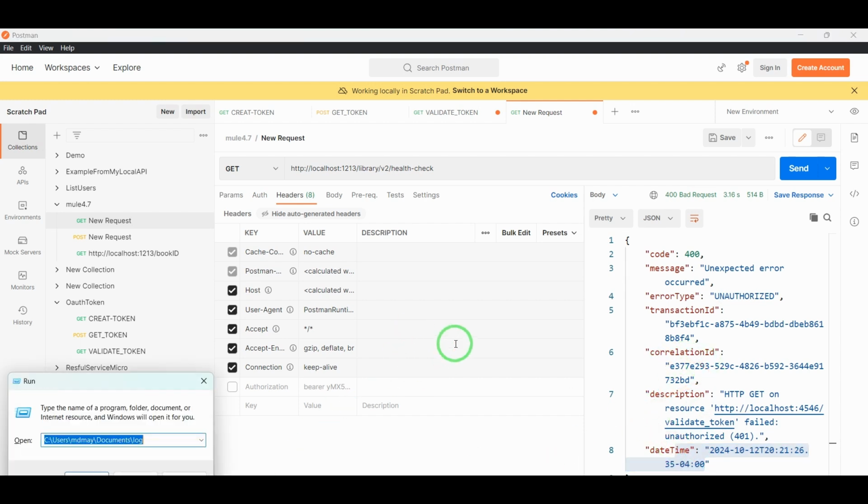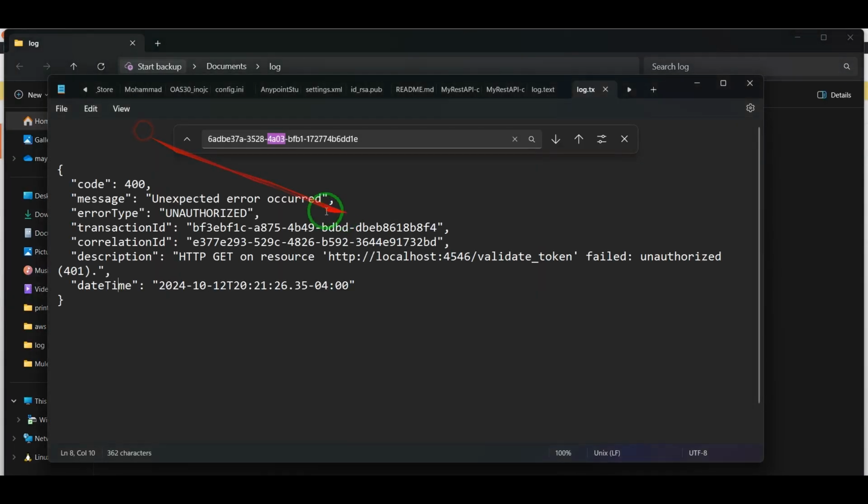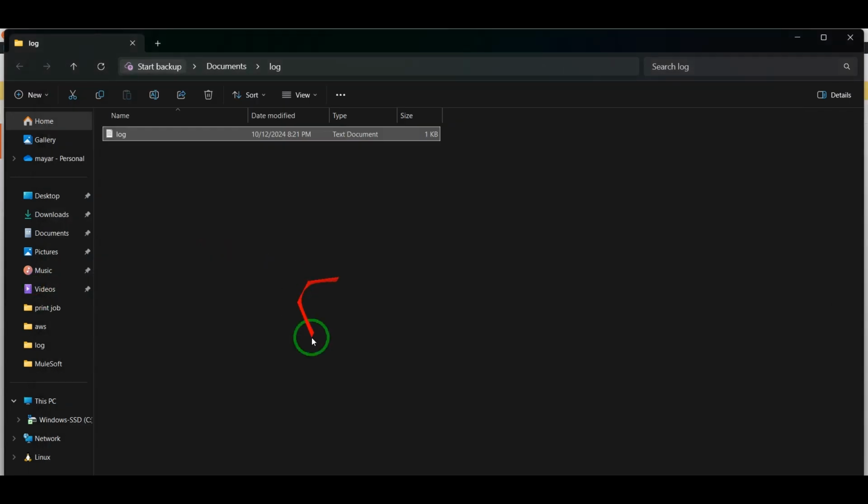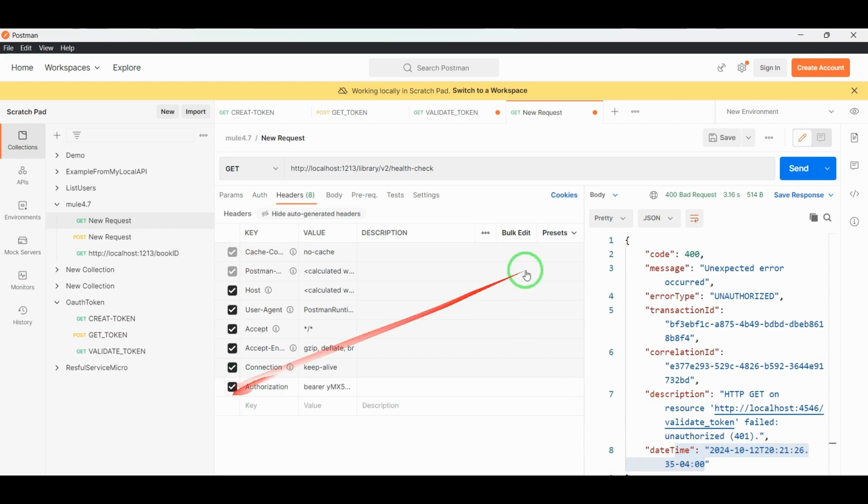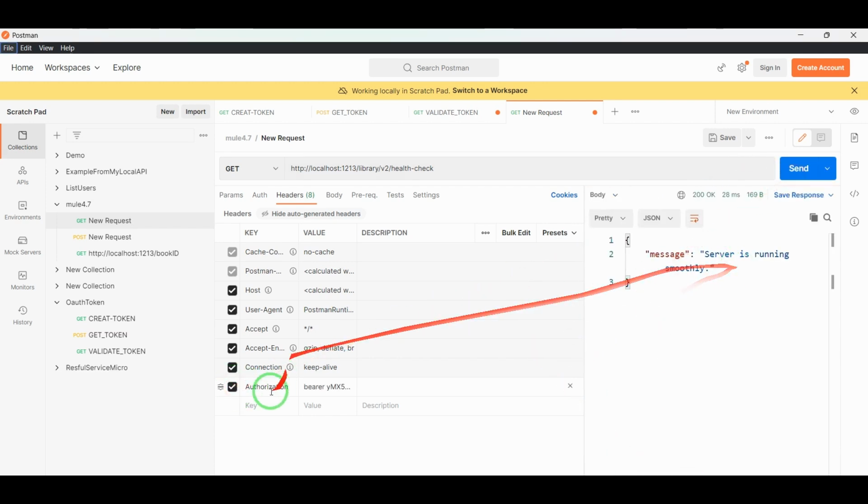So because I have that one, we could read it right here. Unauthorized, I'm not an authorized person. The description is HTTP GET. We send the token, and it says unauthorized. It gives me this code, but we added the wrong code to it. We will fix it. So let's say we add our token, the correct one. Now everything is fine. Let's say we add the wrong token to it,